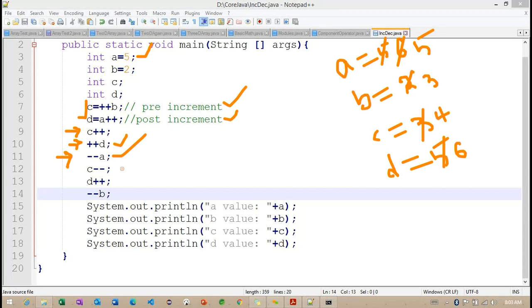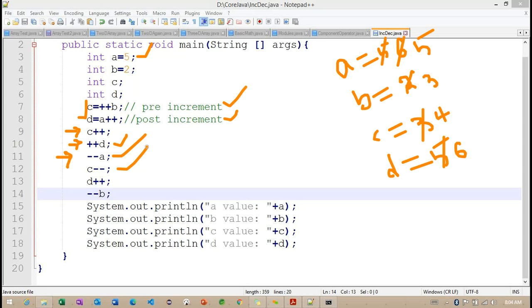Okay, now you can observe line number 12. In line number 12, we are working with the post decrement operator. When we work with this post decrement operator, what happens internally? After executing this particular expression, the value is going to decrease.